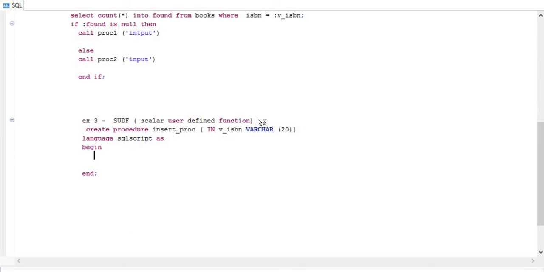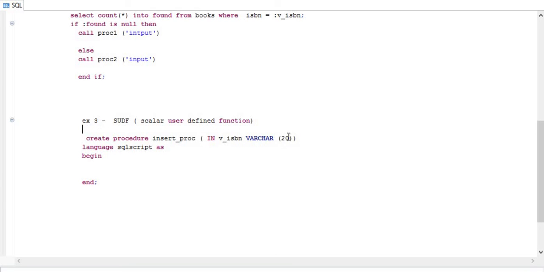In this case, suppose I am going to declare different inputs here. You have to give the input in, then input 1, suppose int, and then you are giving output.